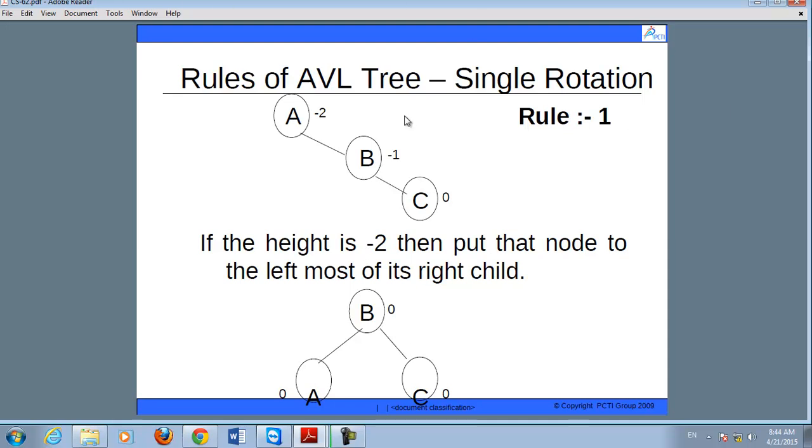Now, if you want to balance an AVL tree, you can see here we calculated the height of C. These are the balancing factors like 0, -1 and -2. Now how can you find out this balancing factor? C doesn't have any child. The height of C is 1, the height of B is 2, the height of A is 3. Now, the height of C is 1, it is a leaf node, it has no left and right node. It means 0 - 0 is 0, so its balancing factor is 0.